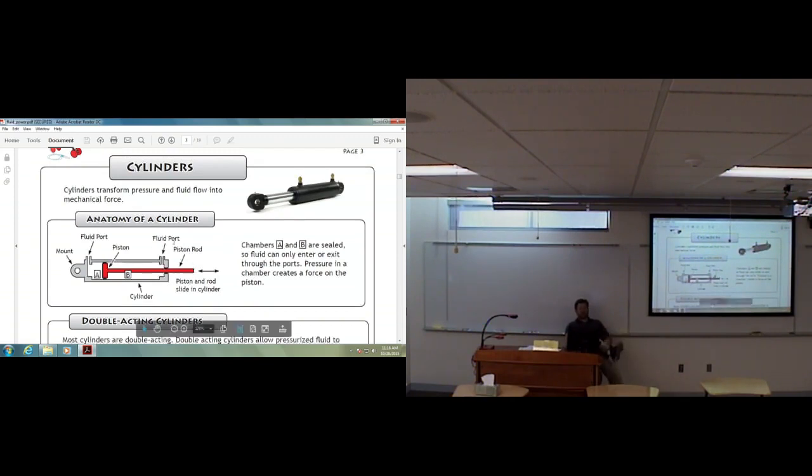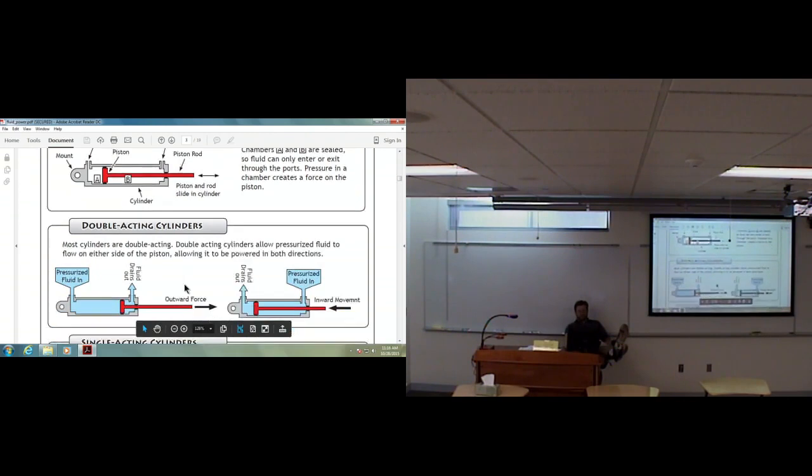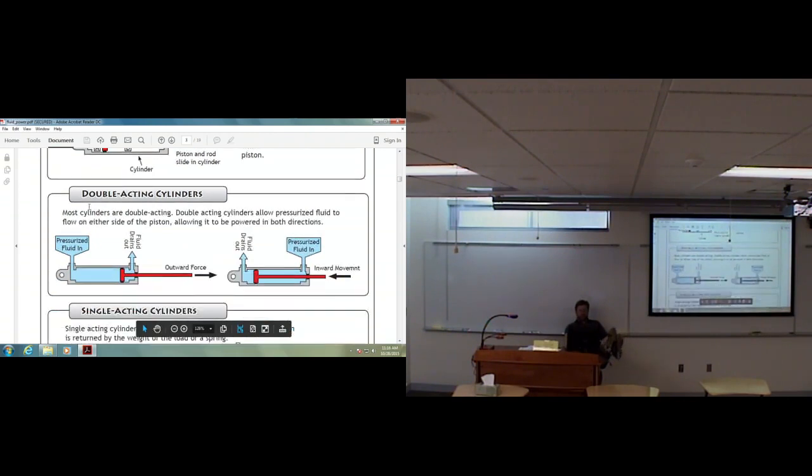And this is the same kind of cylinder that you'll find on the tractors and the backhoes and other things like this. You apply the pressure on one end, and it will lift up the bucket as it pushes out the cylinder or pulls it in either way. And if you apply the pressure on the other end, it does just the opposite movement. And here they show that the pressurized fluid in pushes the cylinder out. Pressurized fluid in on the other side pushes